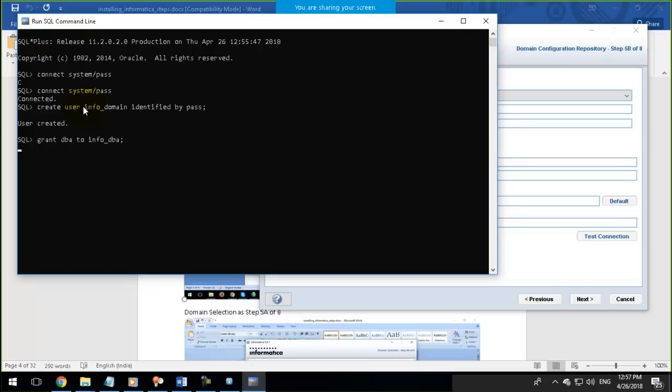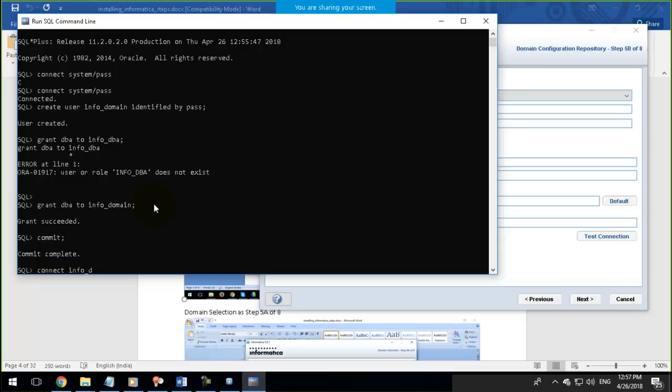And after this, okay, the domain name, grant DBA to, make sure that these both are the same. The username, we could provide the privileges only to the existing user, right? So it's info domain, and then I'll commit, I'll save all of the changes, and then I'll try to connect with that. Connect info domain